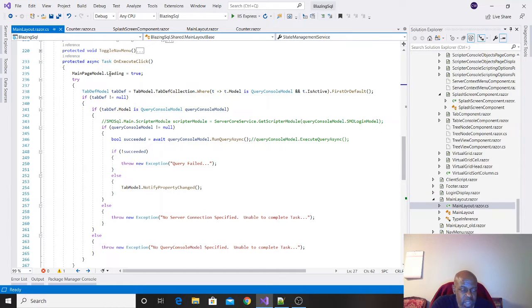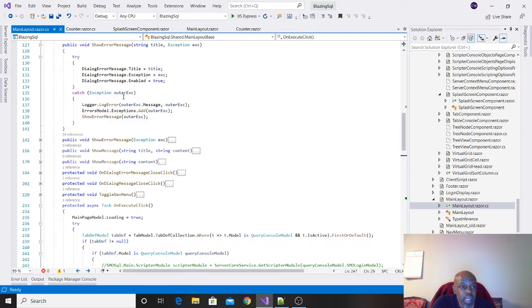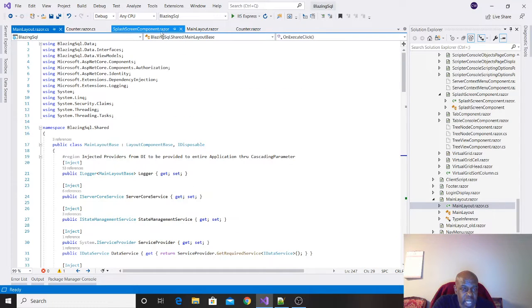On the actual tabs, I have the tabs set up so that if a certain tab is not of a query console type, then it will not enable that button. So then you'll never be able to actually select this. But if it is enabled, it'll basically go and find the active console, and then it'll run that query for you immediately. So there's different ways in order to implement it through here.